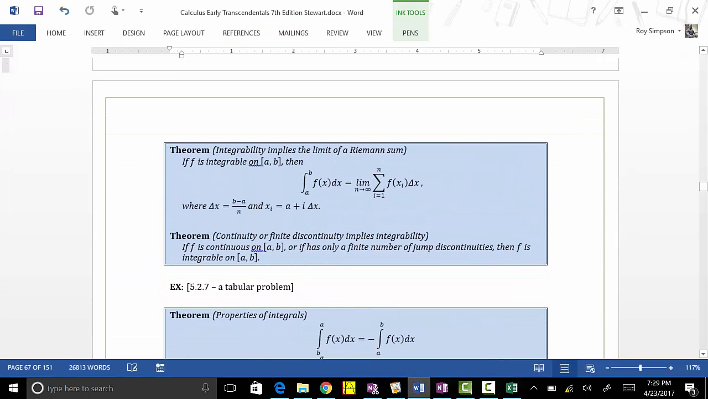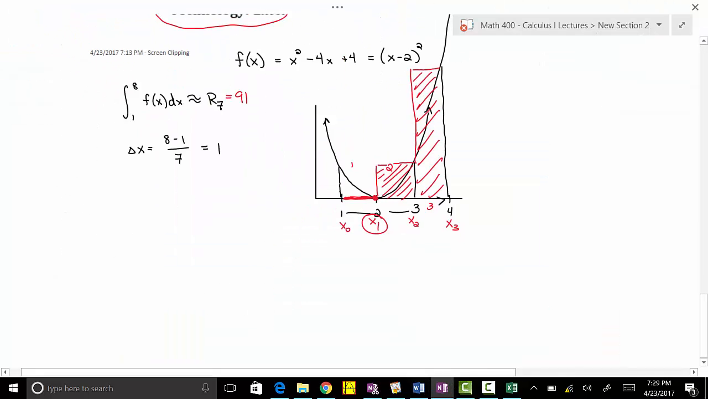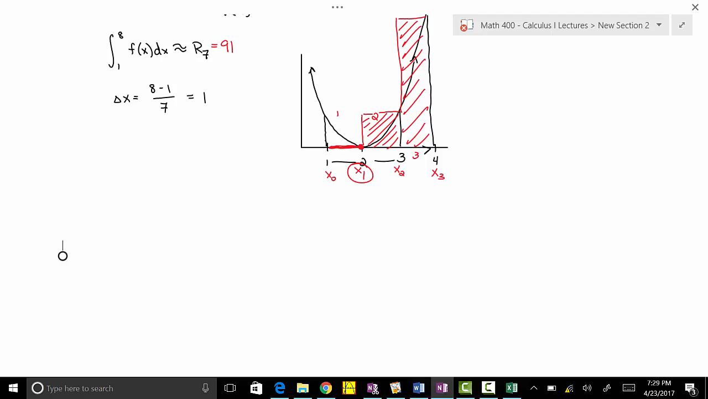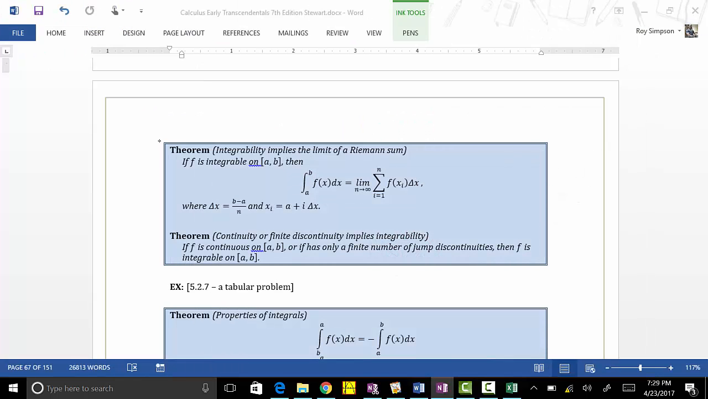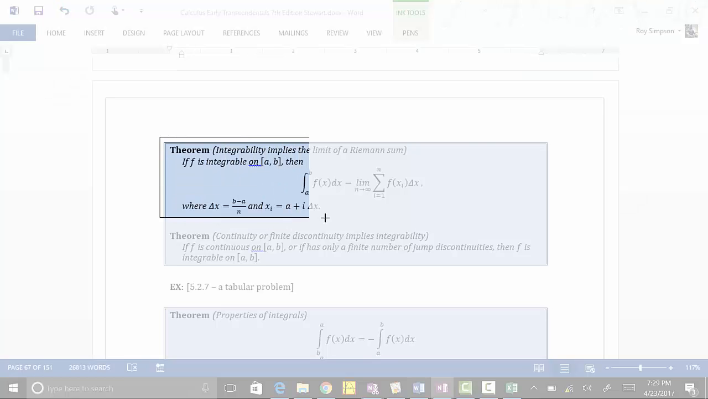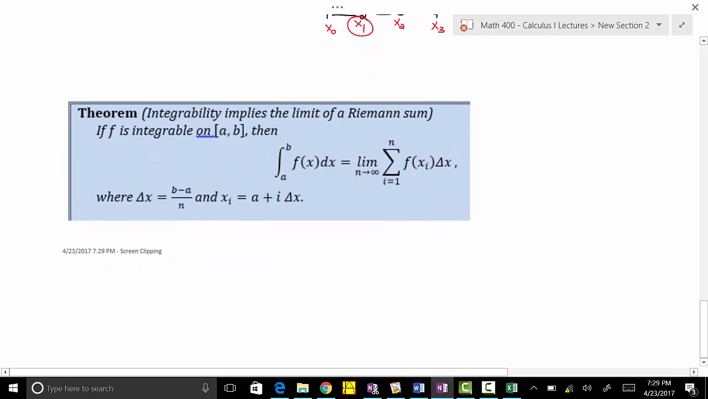All right. Now, let me go ahead and capture this and bring this to this screen. And I think I have some room here. Insert, screen clipping, couple theorems in a row. Actually, I'll just do one at a time here. All right, first one,